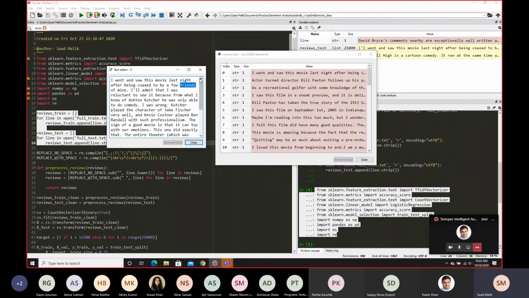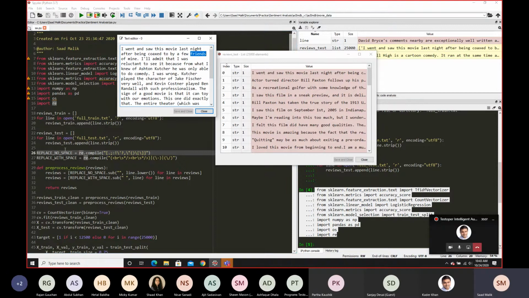So when we replace those, there are a few rules here, which is how you want to replace them. Do you want to replace them with a space, or do you want to replace them without a space, right? So in the case of special characters, the way they're put in text is a way where you'd want to remove them without a space.